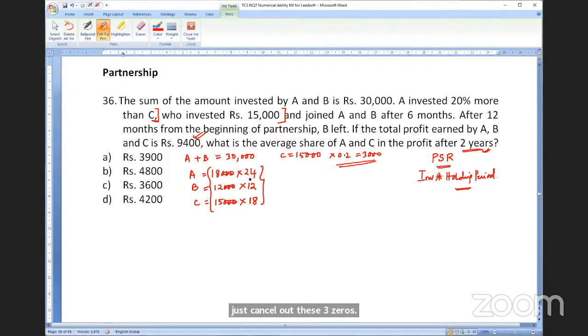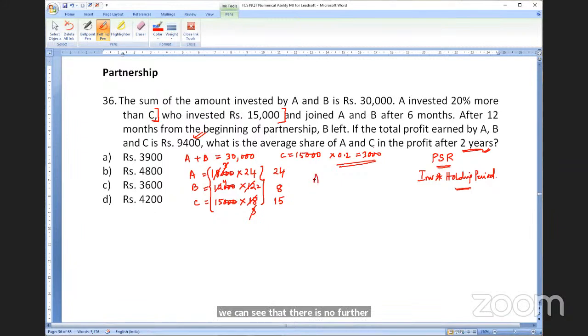Then let's see. By 6 we can cancel out. 6 3 times, 6 2 times, 6 3 times. Again with 3, 3 cancel, this becomes 4. So A part is 24, B part is 4 into 2, that is 8, and C part is 15. And now we can see that there is no further